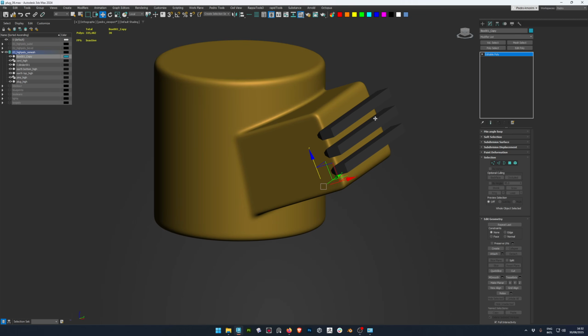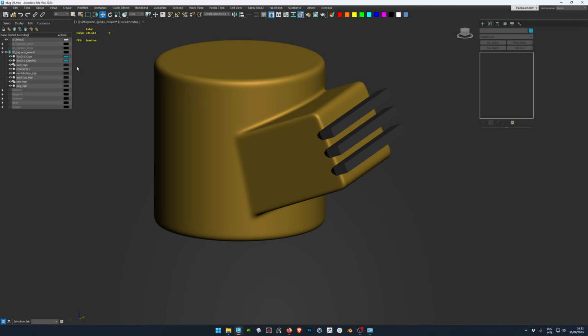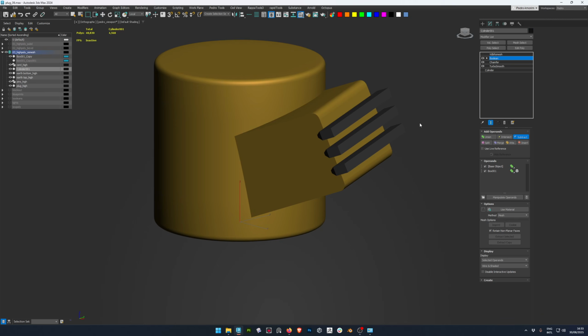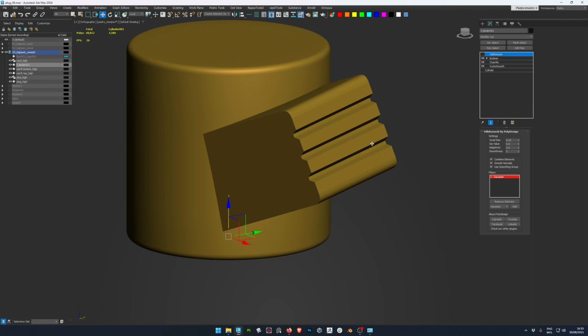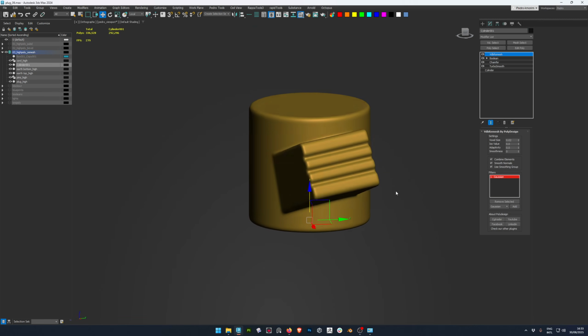So for example, I'm gonna make this copy. So if I subtract those three boxes here and then I turn on the remesh, this is the way that